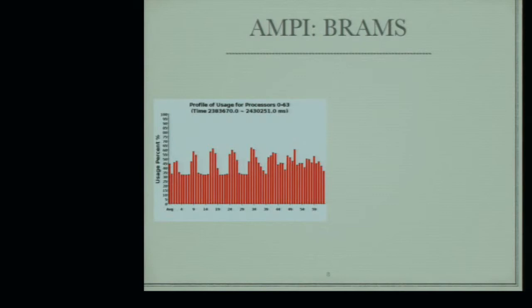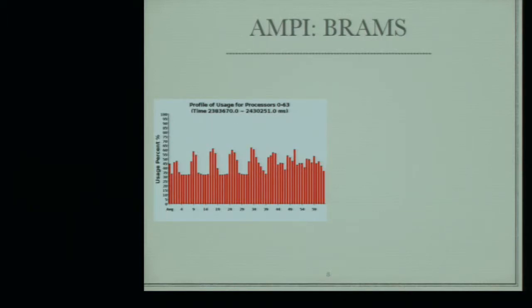next two slides. This is a run of the BRAMS code using MPI in which only one process runs per core. This is a utilization profile. On the x-axis is the process number, and on the y-axis is the percentage utilization of each process. As you can see, the average utilization in this case is around 35%, and for some processes it goes up to 60%, but for a majority it remains very low. BRAMS is a communication-intensive code in which a lot of MPI receives cause a lot of waits for